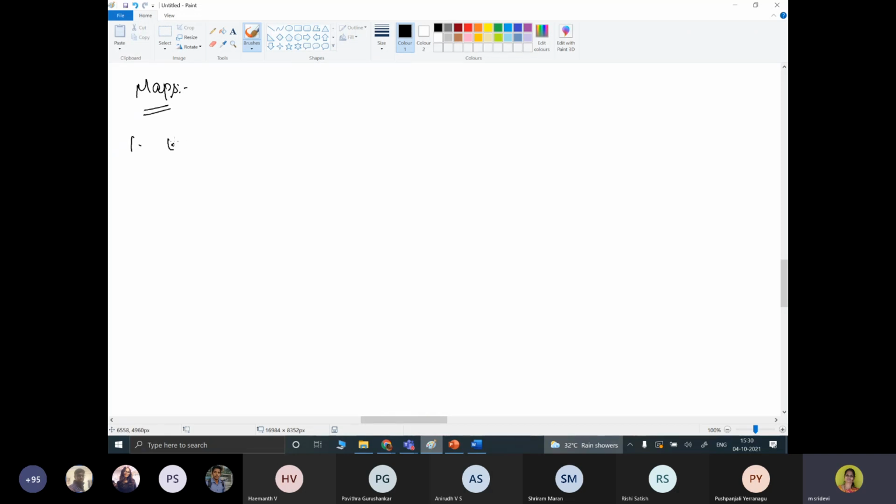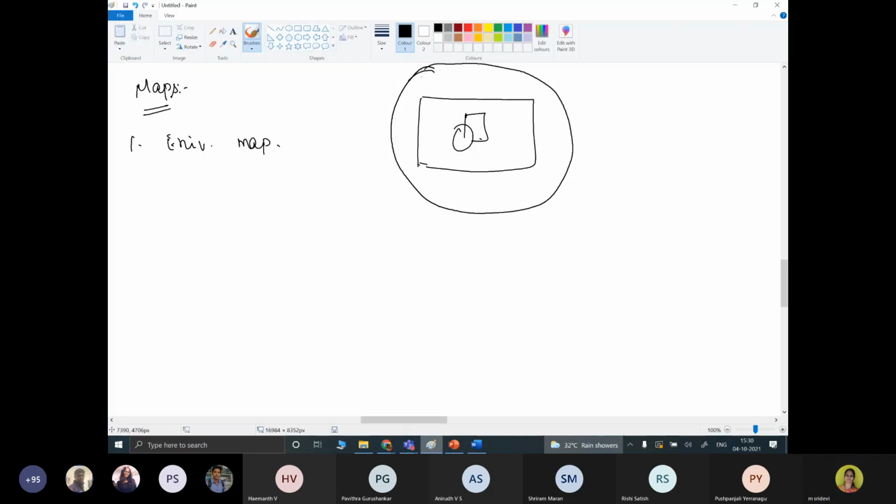First is the environmental map. In the case of the environmental map, you have an object, and some backgrounds are there.